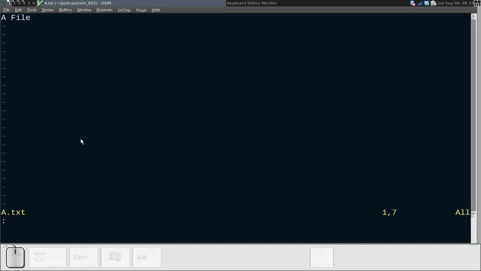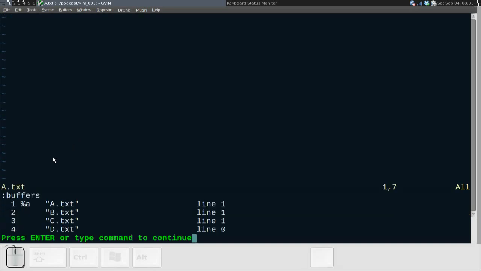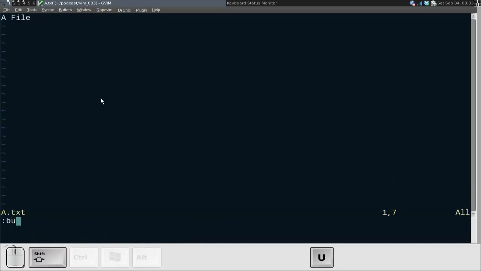Obviously, working with buffers is going to have a series of commands. The very first one to worry about is, of course, :buffers. And what does that do but demonstrate to us that we have 4 buffers open, A, B, C, and D, let us know where they're at, and gives them all a number, 1, 2, 3, and 4. We can use this by using the buffer command to progressively open up the files by their number.